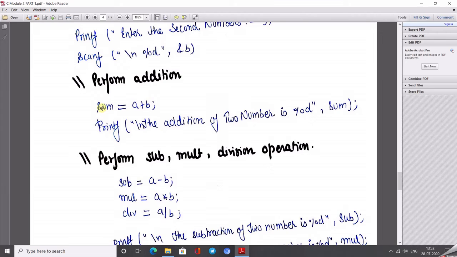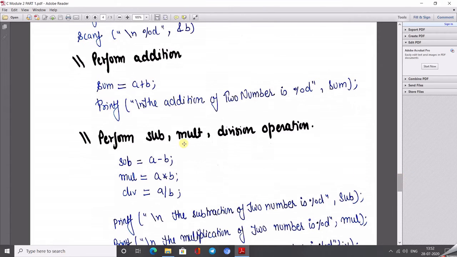Okay, don't write another variable here. Whatever you declare, you only use it. Not another point, you can use it here. So next, after performing this, I call the printf of the addition of two numbers %d